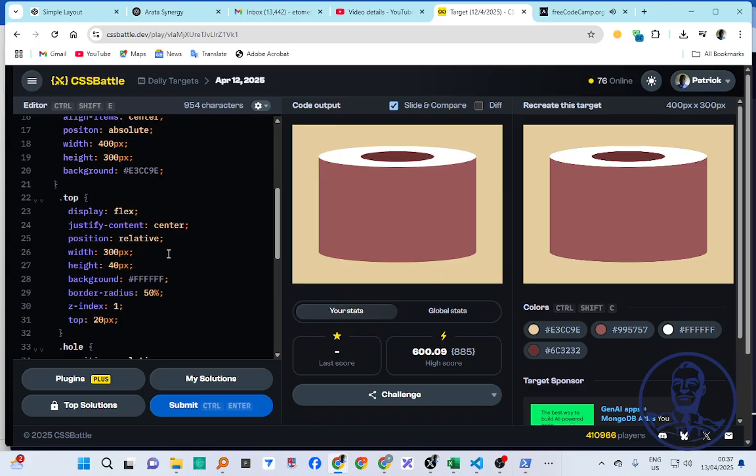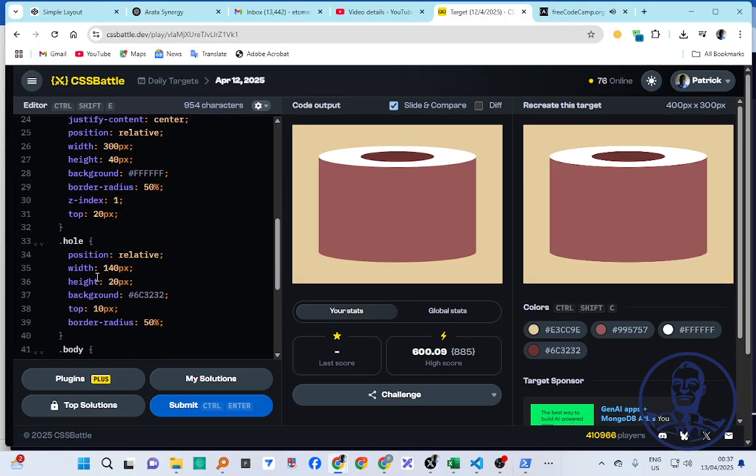And then the top, from here to here, we have realized that it's 300 pixels, and the height from here to here of this white part is 40 pixels. Then the inside part here is the hole, where we realize that it's 140 pixels from here up to here, and then the height is 20 pixels. Remember, all this, to achieve this shape, we need to give it border radius 50%, or we simply divide the radius of the width in case it was a perfect square. But since this is a rectangle, we need to give width 50%. This border part here, we simply